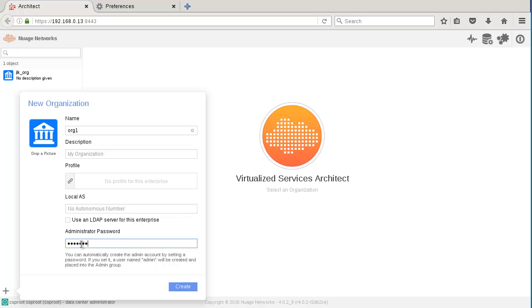Of course, don't use that. The other thing just above, you could use an LDAP directory, a lightweight directory. I'm not going to use it, but of course most enterprises will recommend using that. So I'm going to click on create,